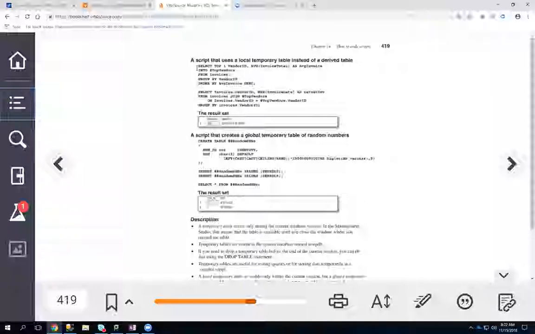This script selects the top one vendor into a temporary table. Yes, sir? I couldn't catch up on. That's okay. Let's look at this, and then we'll go back to that. So I want you to focus on this here right now. Stop typing. So we're saying here that looking at this script creates